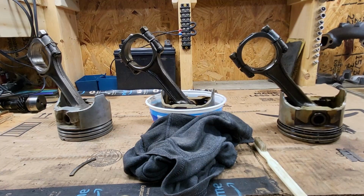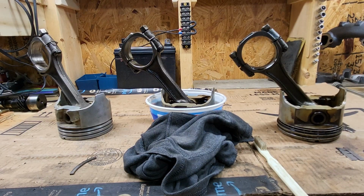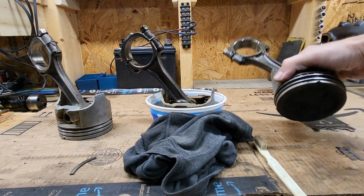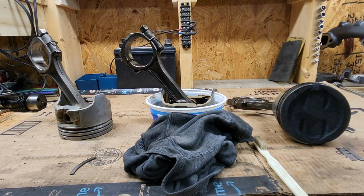Here's my piston and rod assembly cleaning process. I've got it basically set up here, kind of in an assembly line or a cleaning line. First step is basically to scrape off the carbon on the top of the piston, and all I'm using is